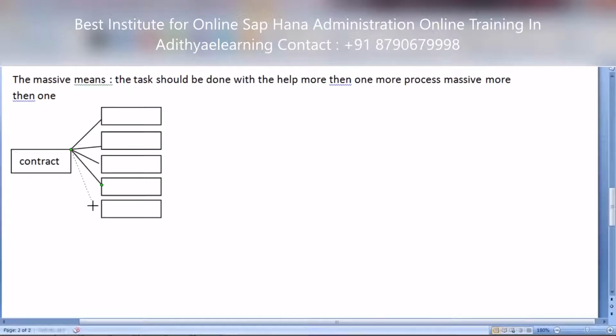In Oracle, what happened? Only one person worked on all records, but here all persons work on one task. In Oracle, one person works on all tasks. These are totally reverse things. So here what happened?